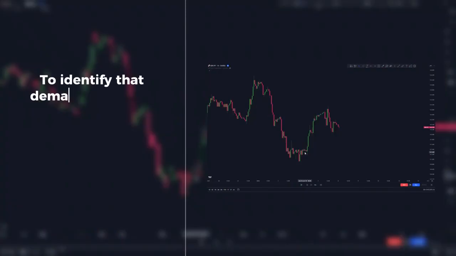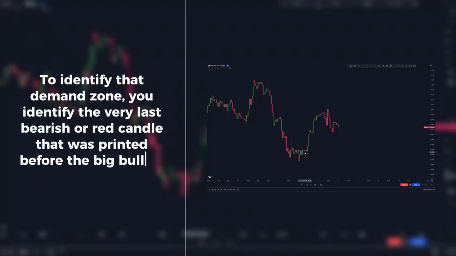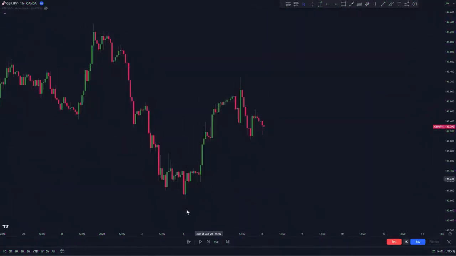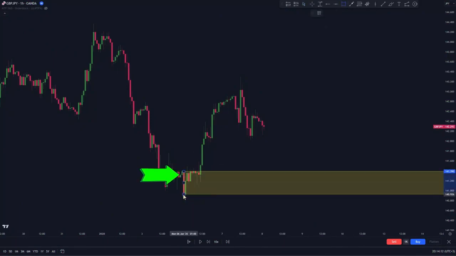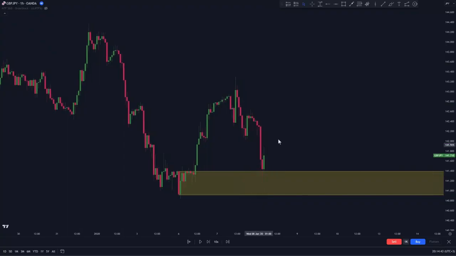To identify that demand zone, you basically identify the very last bearish or red candle that was printed before the big bullish move, which is this one right here. Take your rectangle tool and draw from the high of that candle to the low of the candle, from the upper wick to the lower wick of that candle. This is your demand zone. So the idea is that if the price ever returns to this zone in the future, you'd look to enter a long position right here, set your stop loss below the zone, and set your take profit somewhere above at a key level. We let the trade run